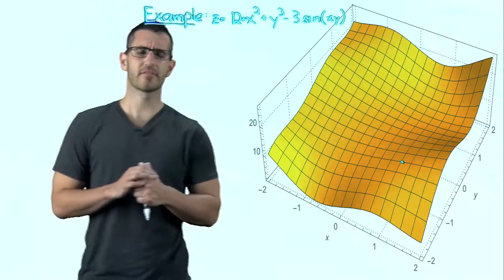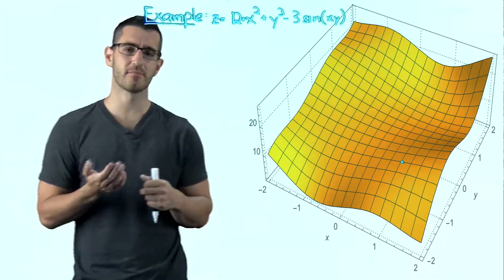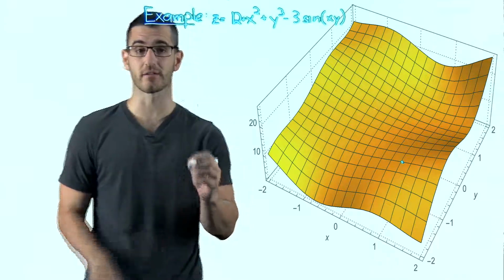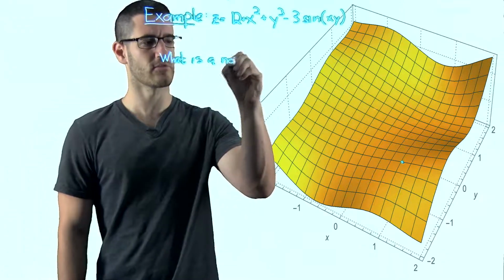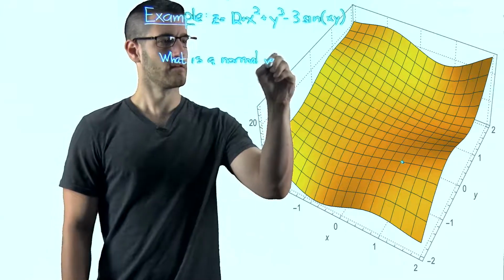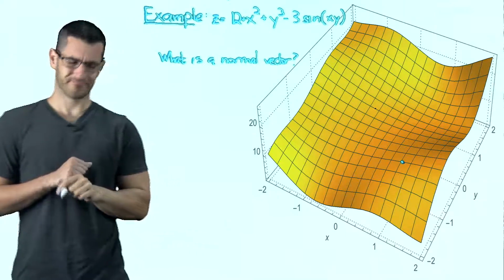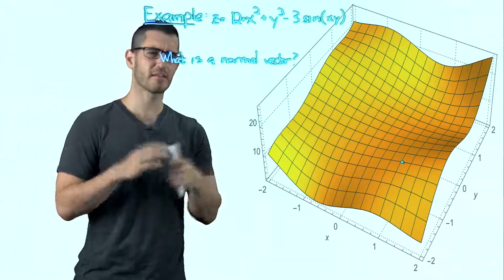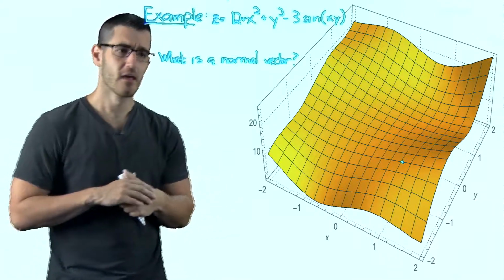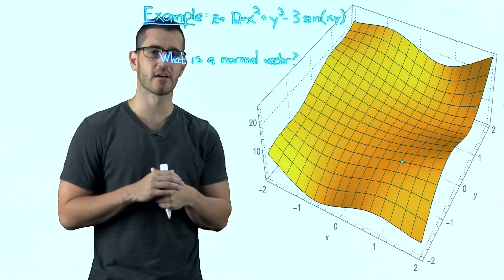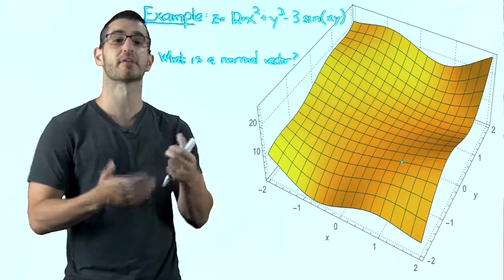Okay, so something that's going to be very important when we're studying surfaces is this idea of a normal vector. So the question is essentially, what is a normal vector? You've missed vectors, I know. So there are many different words that give some notion of perpendicularity. Normal vector is actually a phrase that we use when talking about surfaces to talk about something that is perpendicular